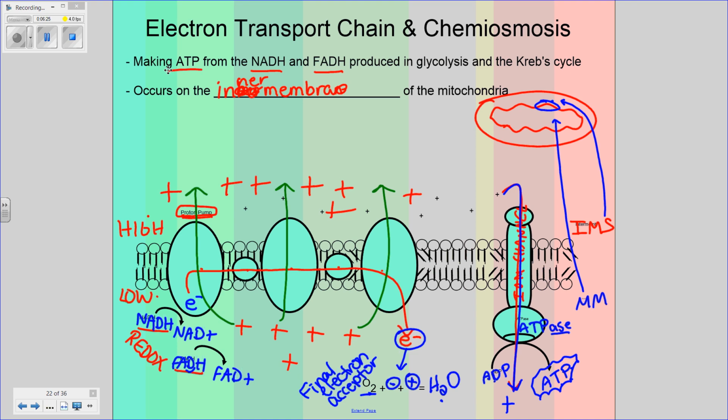Quick review. We take our NADH, FADH, do a redox reaction, drop off our electrons, send them through the electron transport chain, and every time we do it, pump protons from one side of the membrane to the other. That creates a concentration gradient. We let the protons flow down through that gradient, and we harness the energy with our ATPase. That helps us create the ATP we've been looking for. Oxygen will accept the electrons that have gone through and some of these protons to create our final byproduct,